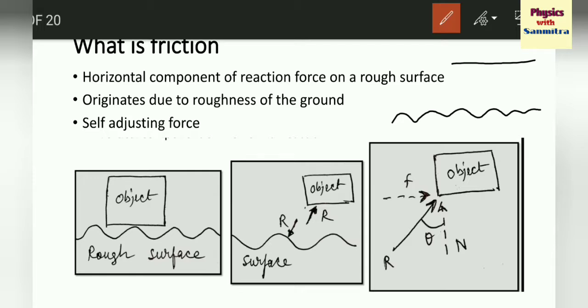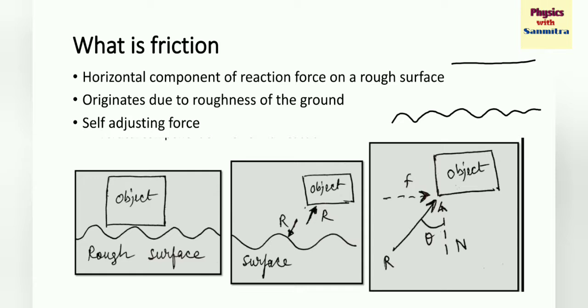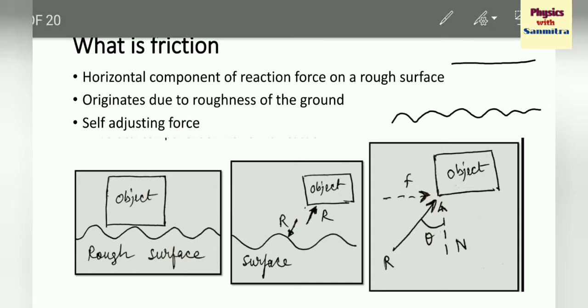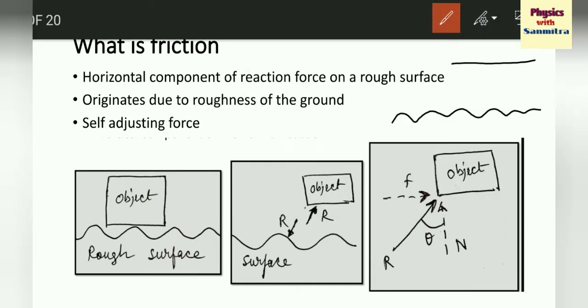Let me show you in this picture. In this picture I have shown the rough surface. This is a magnified image of the surface, and I have kept a block, an object, on the rough surface. When I am pushing this object this side, what will happen? There will be a reaction force from the ground, and that reaction force will be like this. Why will it be like this? Because